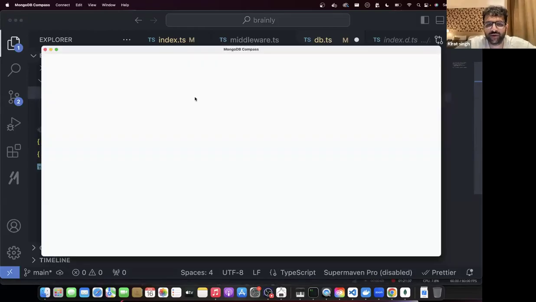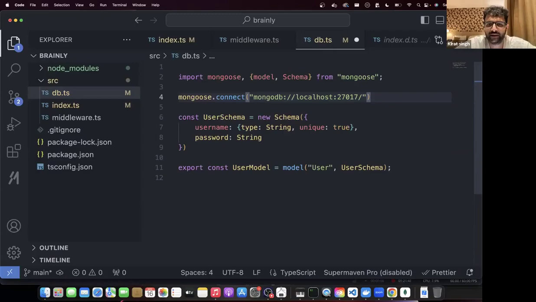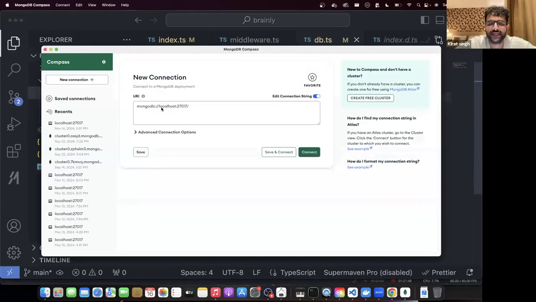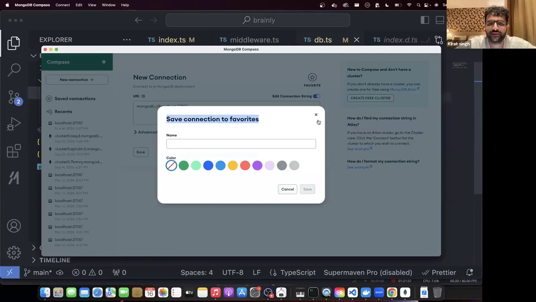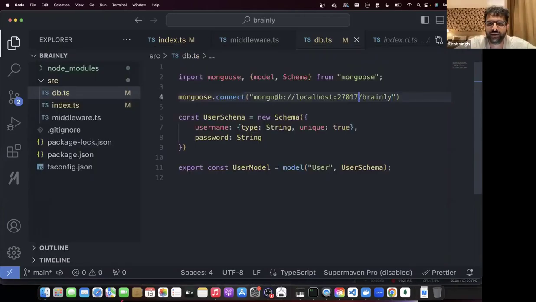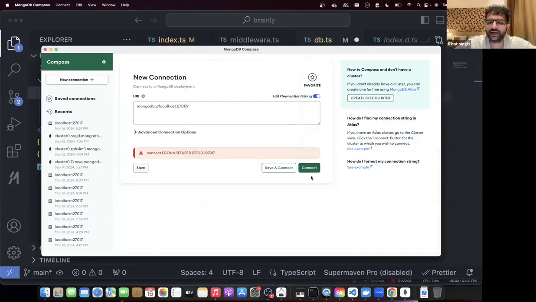I'll just copy the full one from here. I think this is fine. What was it called? Brainly. Yeah, there you go. mongodb://localhost:27017. Let me copy this and just make sure I have the same thing over here. That looks right. /brainly means कि मुझे Brainly database में डालना है.